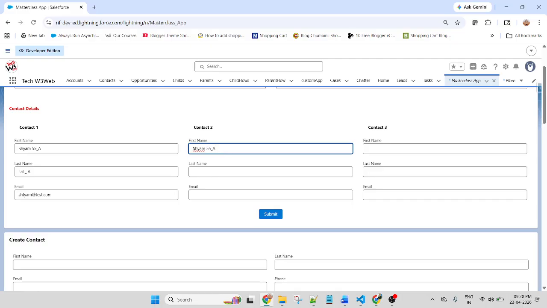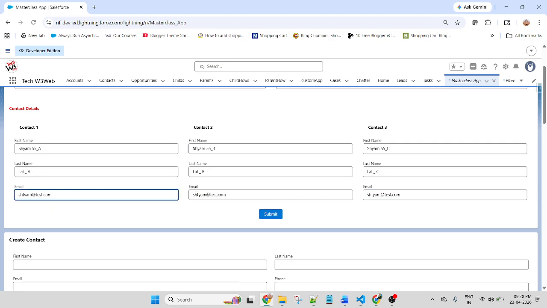This is contact 2. I am putting B, this contact C, Lal, contact B, C, similarly email.